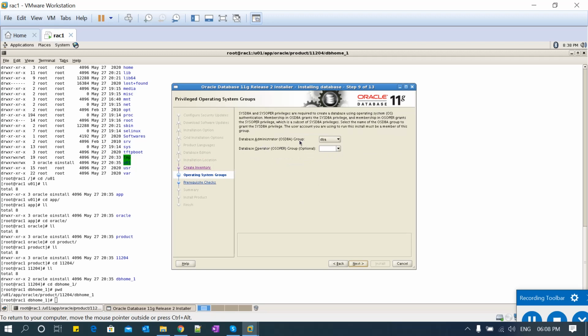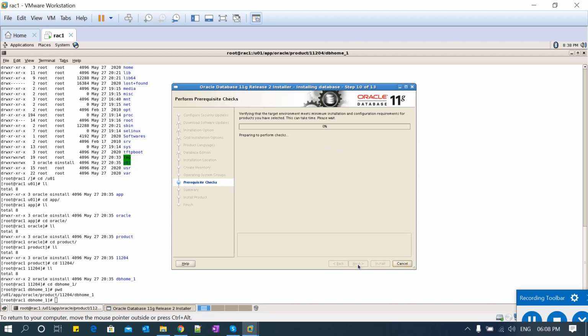Okay, so go ahead with the default option, the DB administrator group as dba, and then it does performance pre-checks. It's doing the pre-checks before proceeding with the installation.